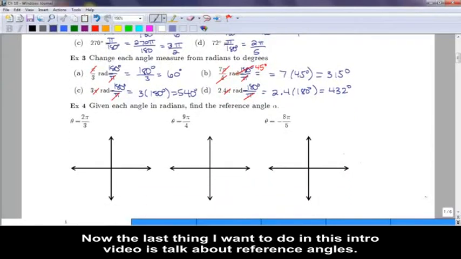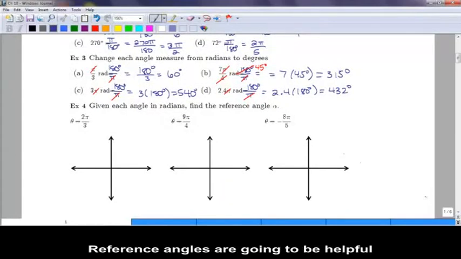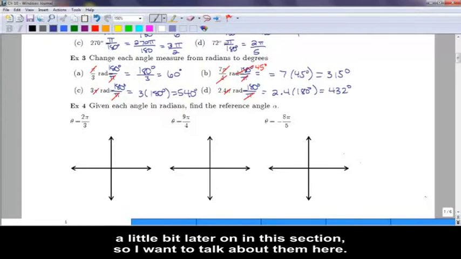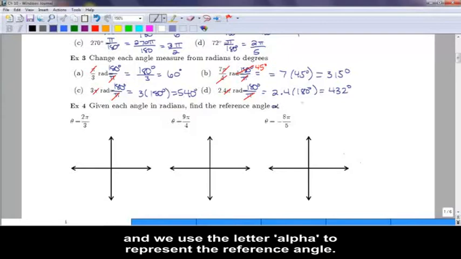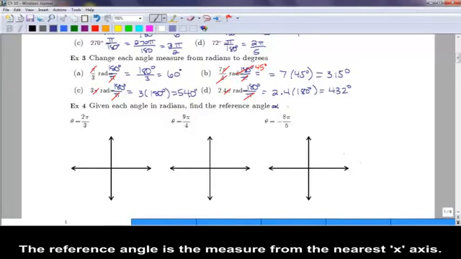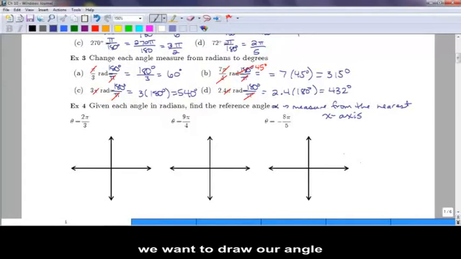Now the last thing I want to do in this intro video is to talk about reference angles. Reference angles are going to be helpful a little bit later on in this section, so I want to talk about them here. Essentially what a reference angle is, and we use the letter alpha to represent the reference angle, is the measure from the nearest x-axis. So the first thing we want to do is draw our angle and then find where the x-axis is nearest, and then that is going to be our reference angle, and the reference angle is always